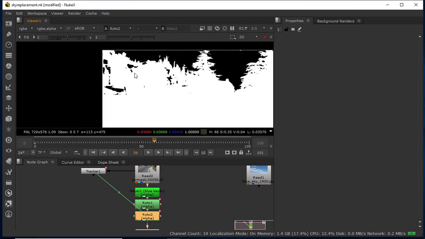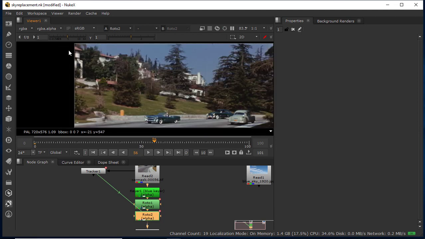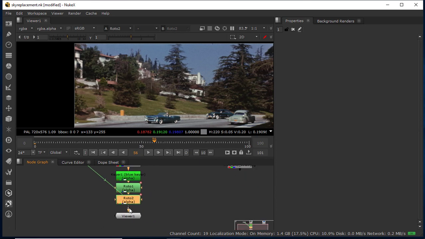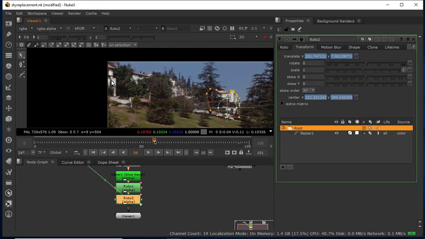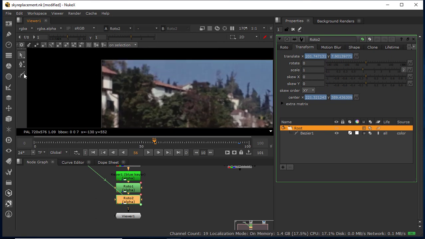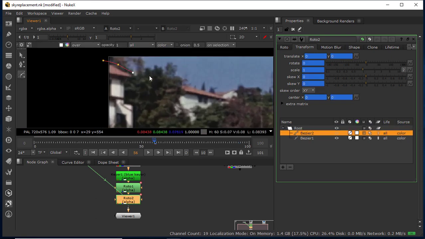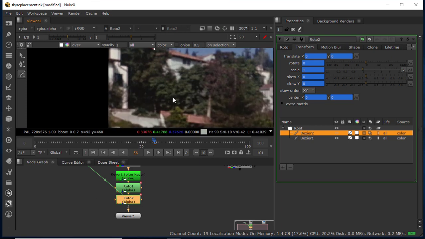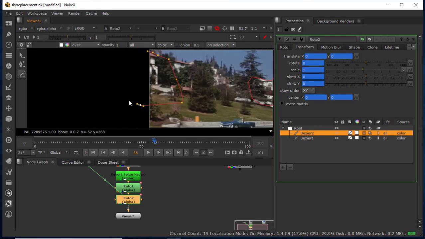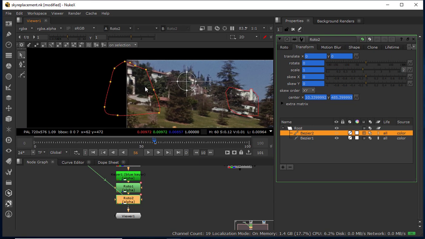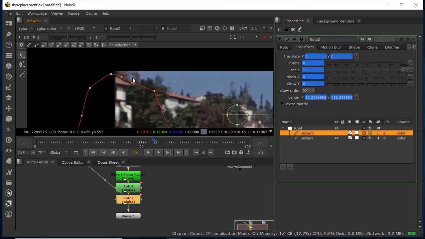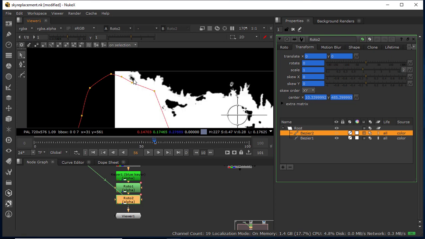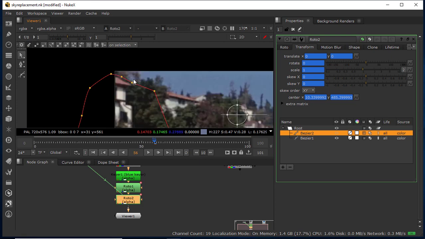Now the remaining areas I am going to create. Now just come in here and just check. Now press A. So this area we have to cover. So in the same roto node, just select your roto and create another shape. Now simply just create. Now again take. So this area you can cover. Now just press A. Now here see. Now press A. So this is a little bit of your background, okay, so ignore this one. I think this is sufficient.